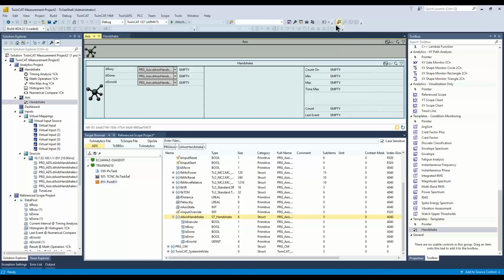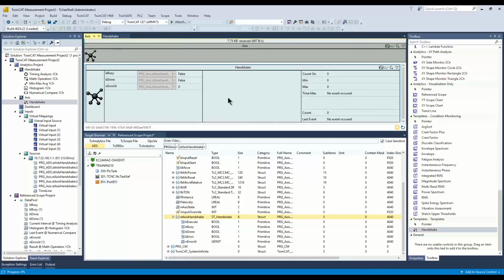So now I can just start my analysis, and I have a second process. This is my axis. Let me start this process. Now it's activated, and I see my analysis is similar to the one for my ADS handshake, so I can reuse it. See my min-max values from 640 to 830 milliseconds. I have my timestamp of the max value, and I have my distribution in the histogram. And I can